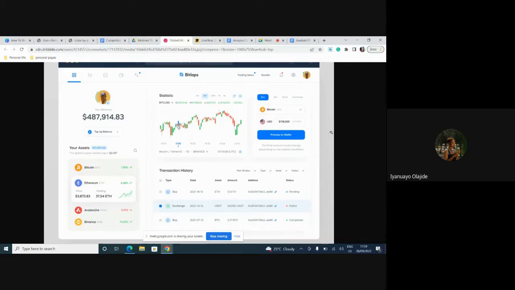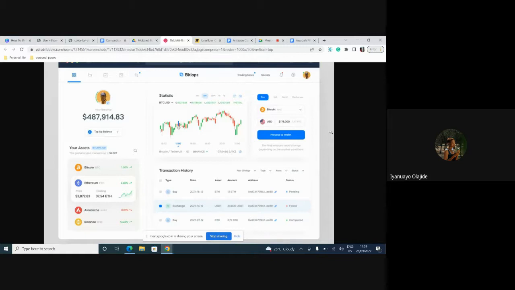Then you can actually see the assets that you've saved. Bitcoin, you can see your alternate coins and cryptocurrencies that you actually like, or the ones that are trending. Then on the other page, there's a feature that allows you to see the trading movement. That's the price action movement on the charts. They even have time frames. If I can see this well, there are minute time frames that you can use to see the price action movement. You have 5 minutes, 30 minutes, 1 hour, 1 day, etc.